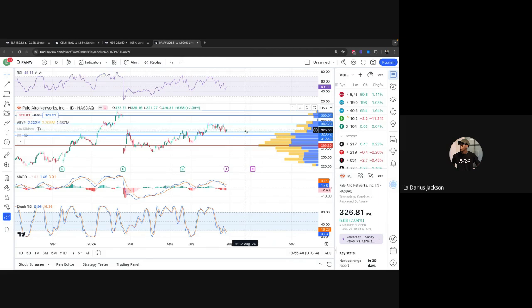All right, PANW, Palo Alto Networks. This is a good alternative to CrowdStrike. I was asked a week or two ago whether we should touch CrowdStrike. I said no, and right after I said that, it kept going down. So if you want to go with their competitor, Palo Alto Networks is their competitor, which they should see